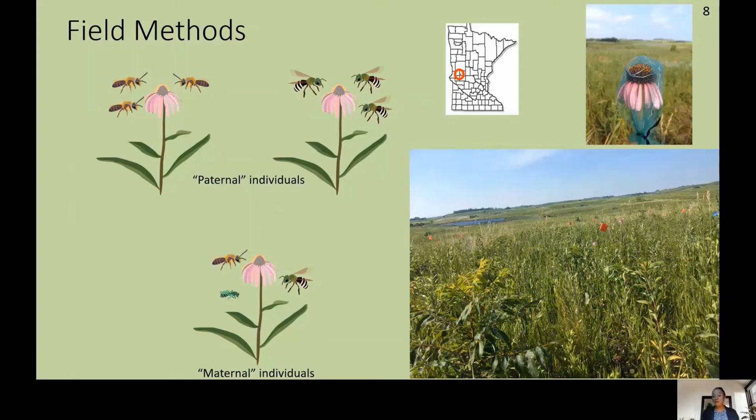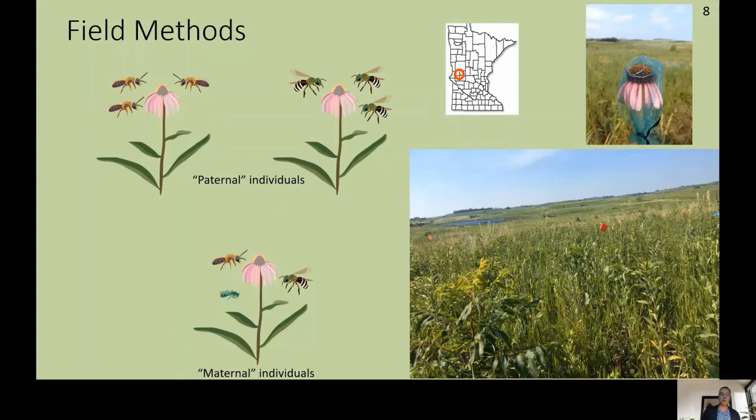Though they were still presenting pollen and it could be moved around, we were worried that if we emasculated the maternal individuals, the bees wouldn't have a reward to come visit. Outside of experimental times, we used these pollinator exclusion bags. You can look up in the top corner to see a picture of that, to make sure that pollen was only moving during experimental times. This field experiment took place over 5 days, and I'm going to be looking at just the results of 2